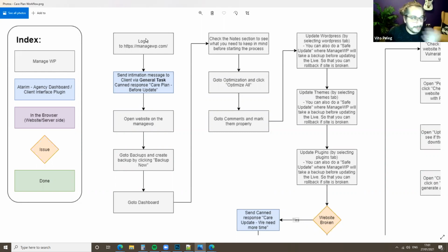We just kind of happen to use that. And then we also have the agency dashboard and the client interface plugin for the use cases that we've seen now, and we're going to see a little more in here. But then I'm also clarifying what needs to be done on the server, on the website itself, or on the server side, the hosting side, as well as if there are issues, and of course done,